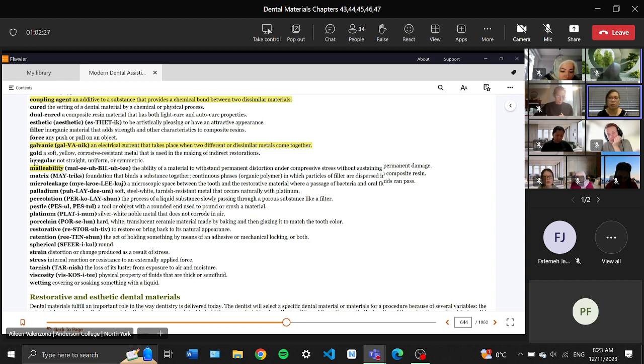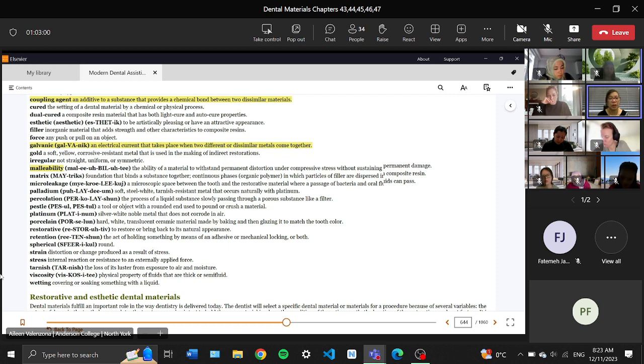So all the time, the stress on our teeth is very, very hard. So we want to choose a material that is capable of withstanding, meaning they can handle the stress of what we're doing inside our mouth, regardless if we are eating, chewing, biting, everything. Matrix, the foundation that binds a substance together, the continuous phase in which particles or filler are dispersed in